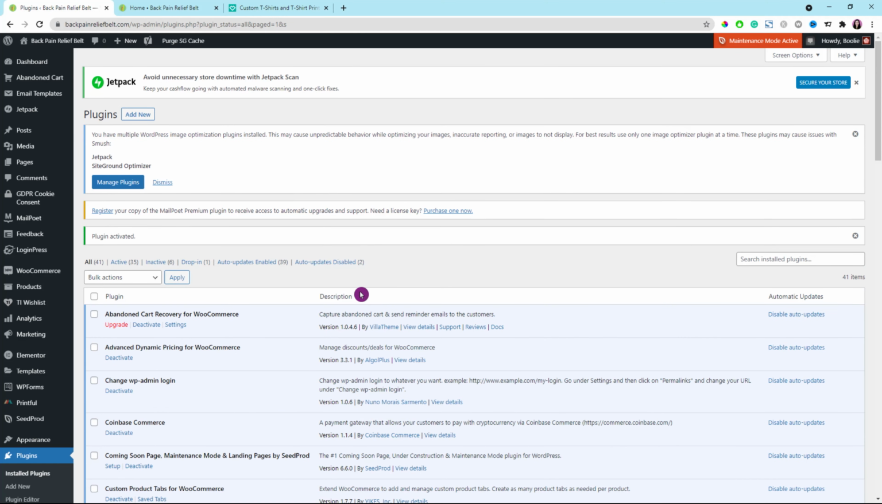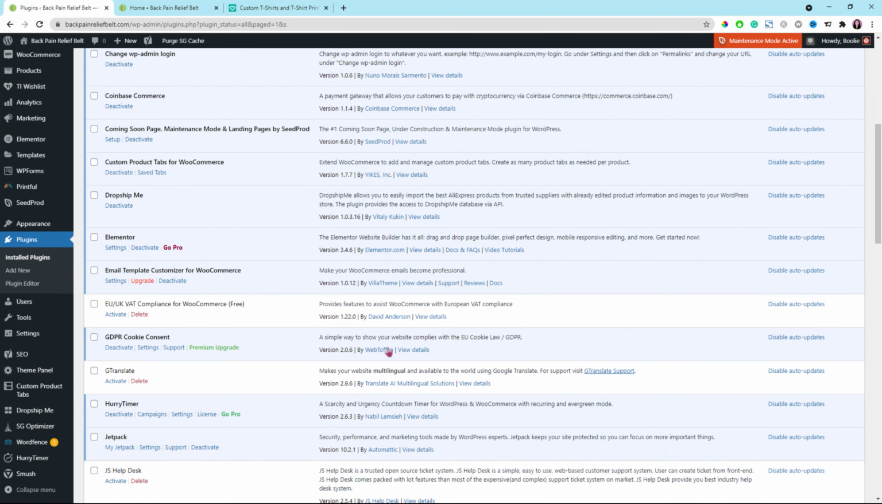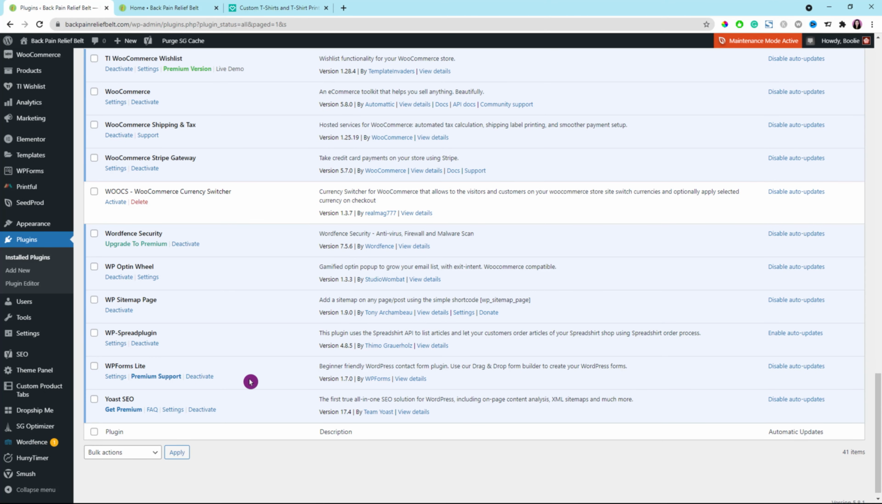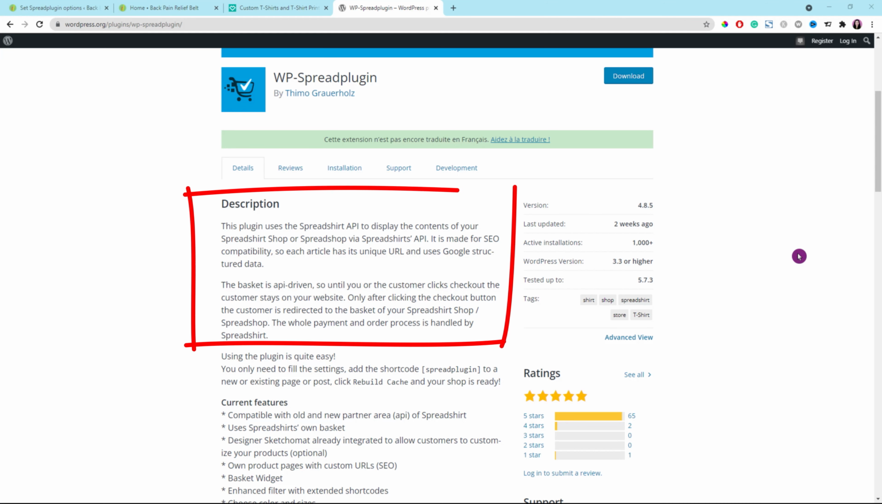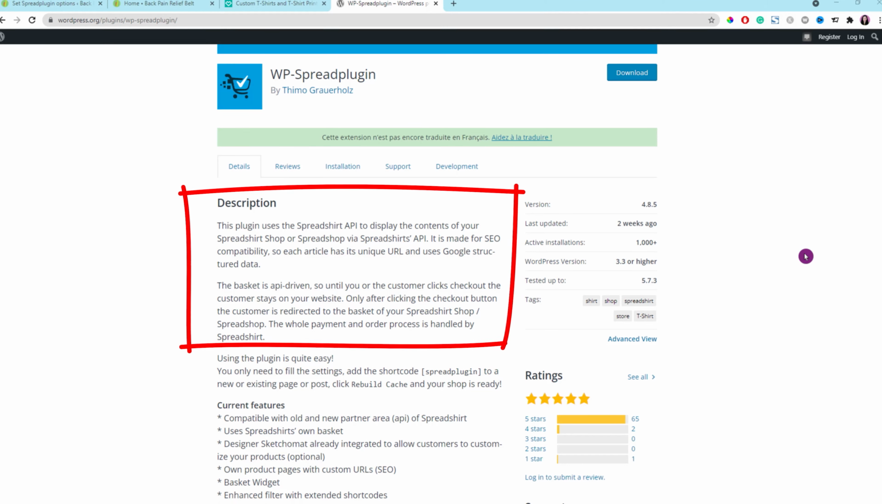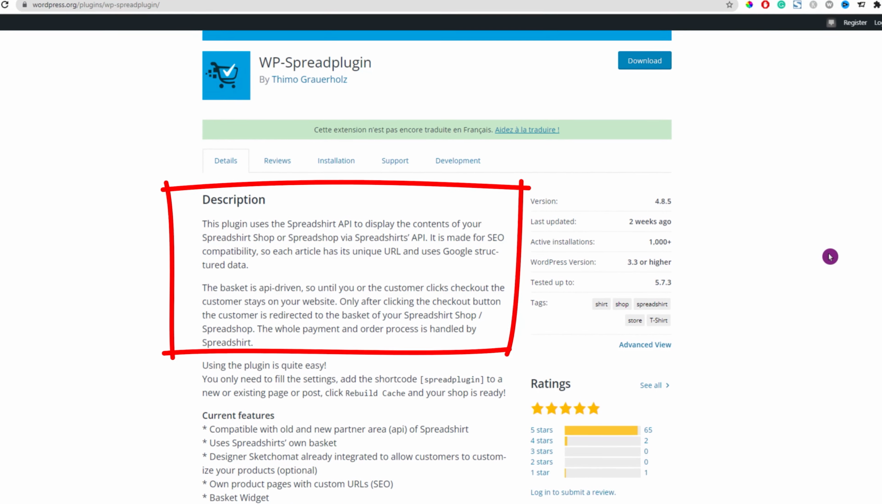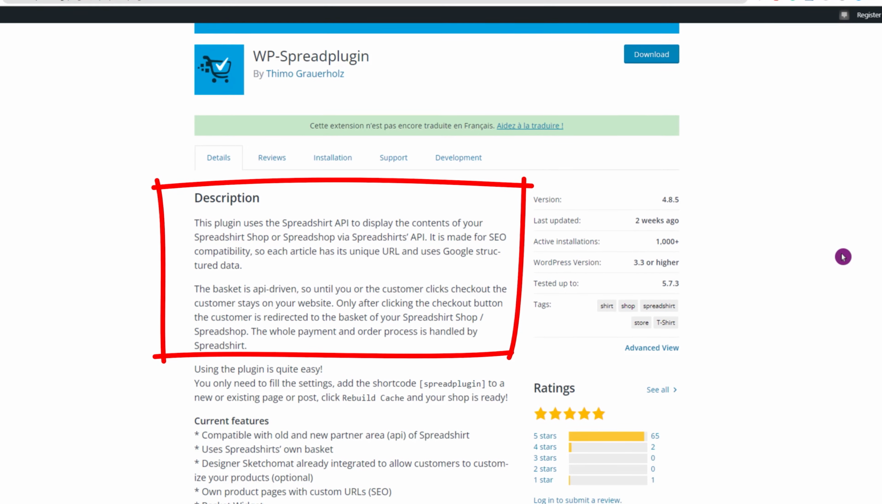Scroll down to the plugin to enable the auto updates feature. The plugin is right there. The reason why Spreadshop has two different plugins that you could use, here's the explanation. This plugin uses the Spreadshop API to display the contents of your Spreadshop shop